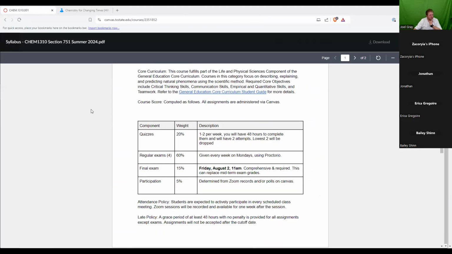Then, let's see what else. Grading for this class. We'll have quizzes, quite a few of them. Did I add this up? 5 plus, that's 80. Okay, no, I'm good. That's not right. Okay, so I need to correct this final exam date because we're not having an exam on August 2nd. I think I uploaded the wrong file. So this is incorrect. Let me annotate this so that I clear this up.